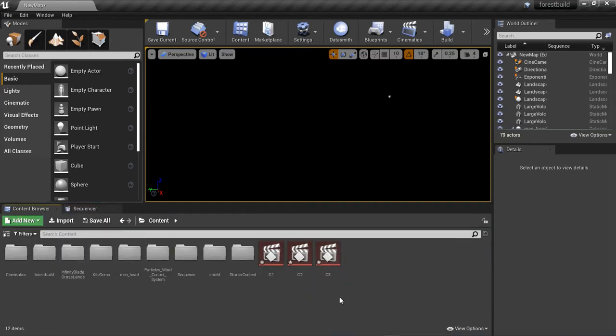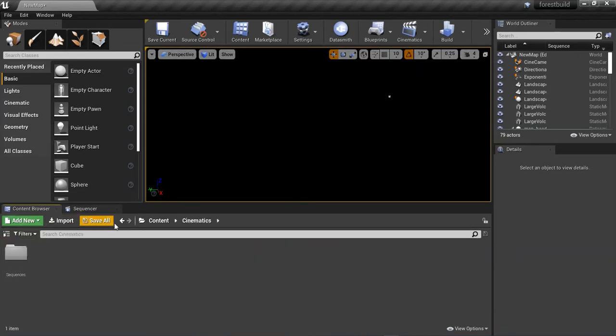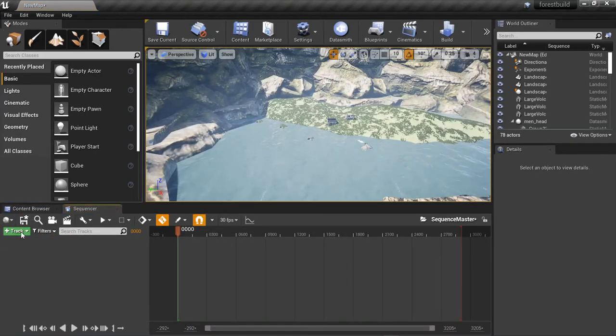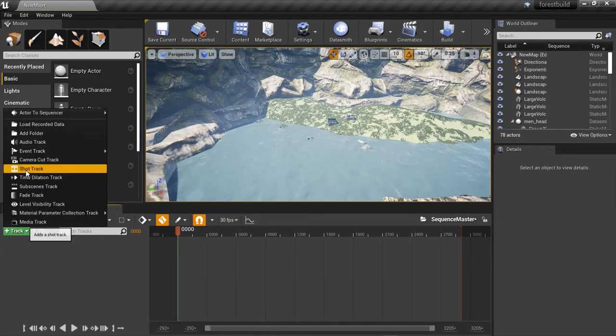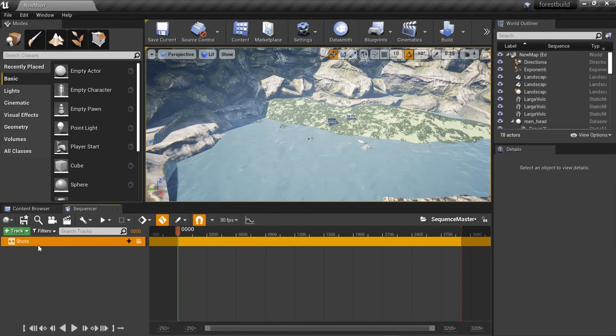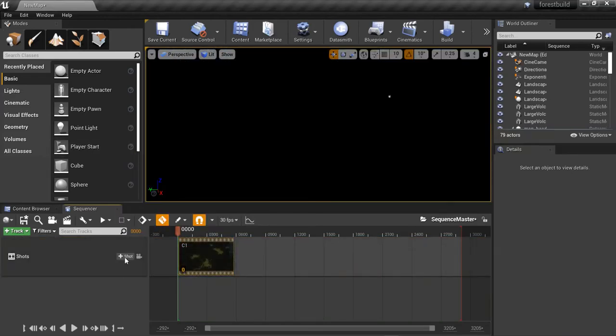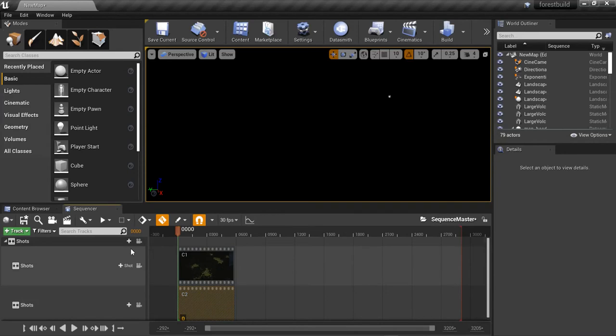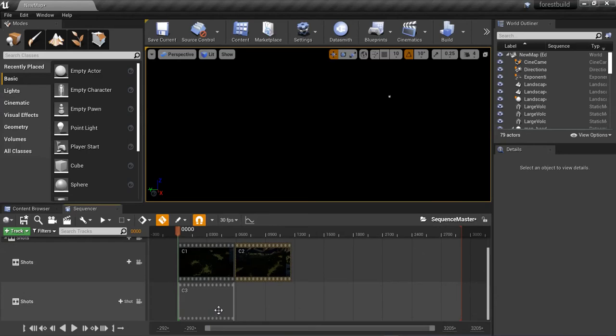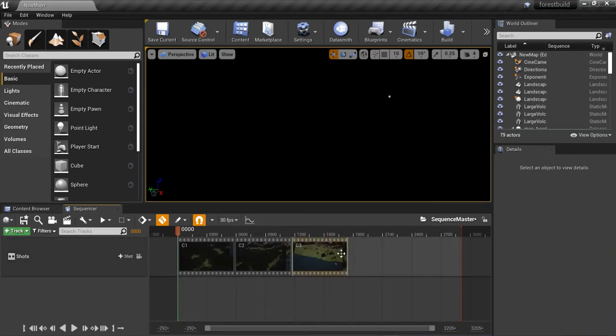Now we have 3 camera shots ready and 1 master sequence. Where is our master sequence? Master sequence is inside cinematic sequence and this. So to add, we have to add a shot track. Means in the shot track we are going to add our level sequences. For shot, track 1, track 2, track 3. Track 2 will be here, track 3 will be here,